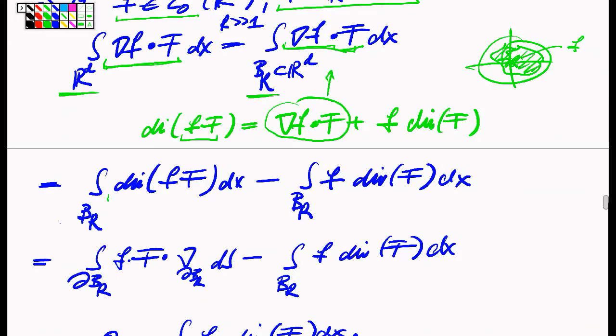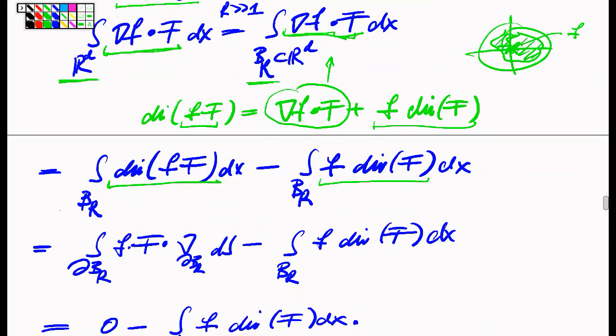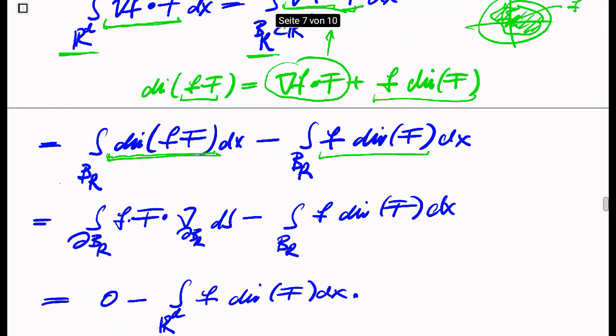So therefore I can write this integral of grad f times F as the integral of the full divergence of f times F, but what is missing is this extra term, which needs to be written there. So I subtract this f divergence F to have actually a correct equality. And now here on the left-hand side I have exactly an expression to which I can apply my Gauss theorem, which tells me that this full divergence